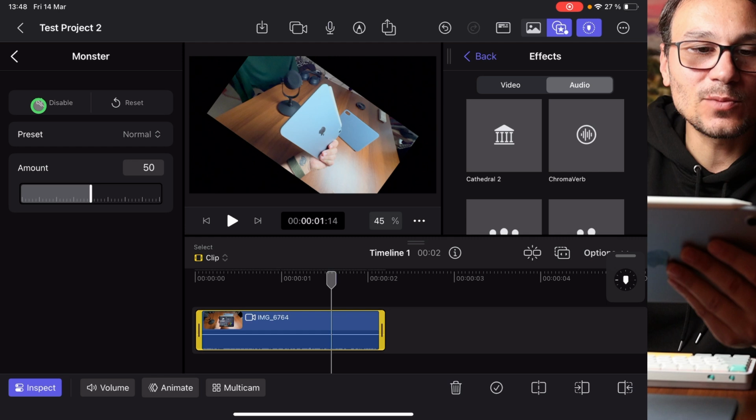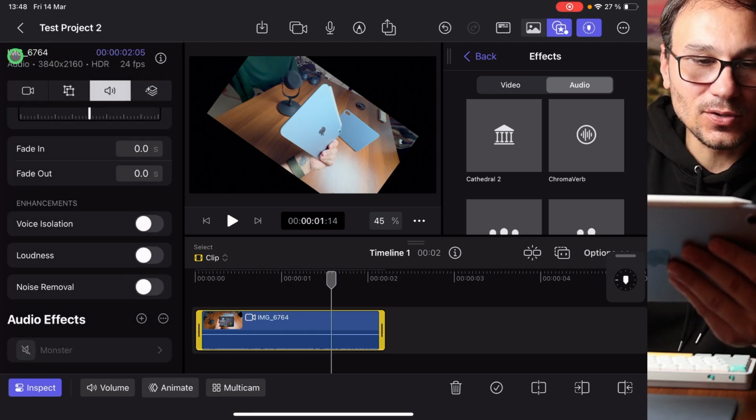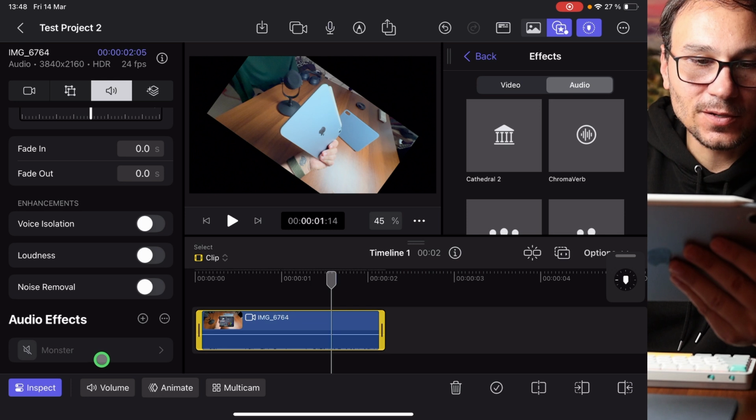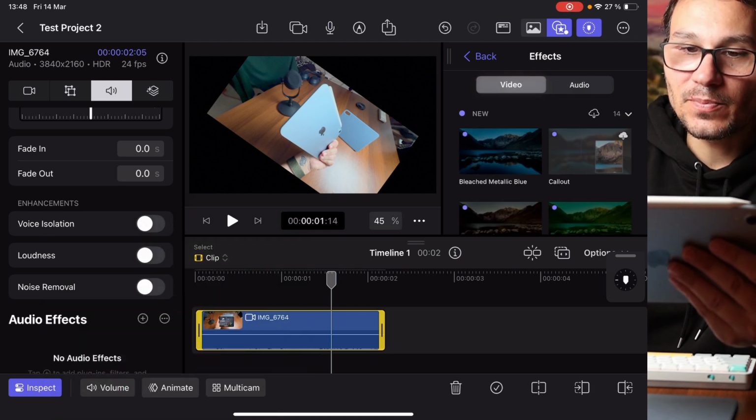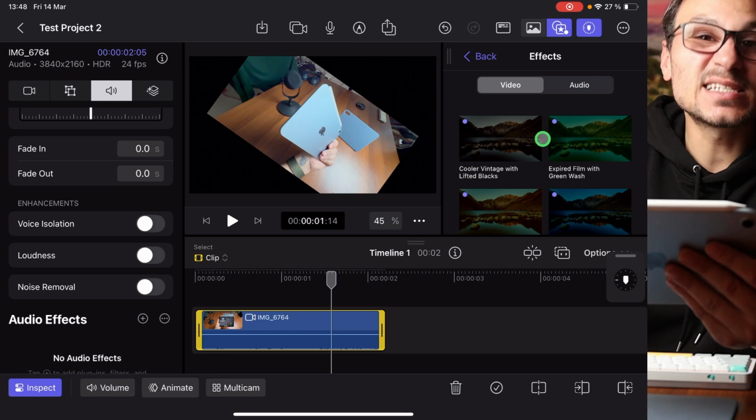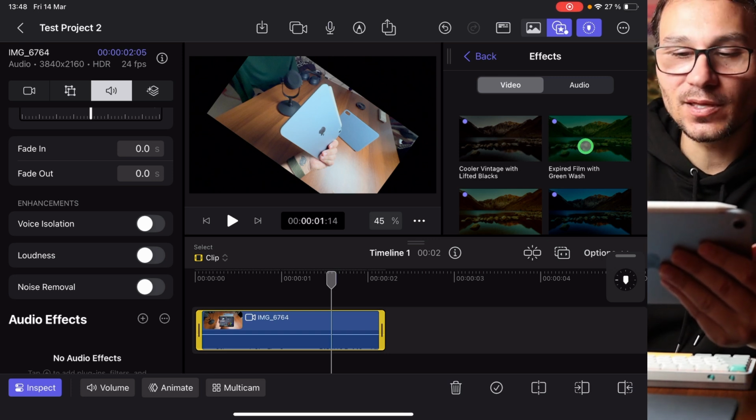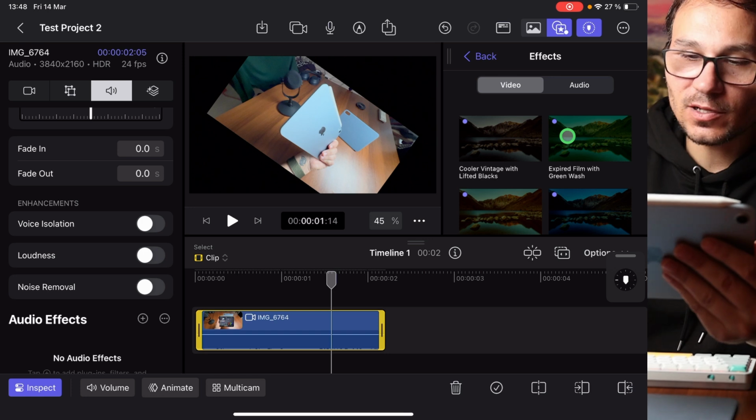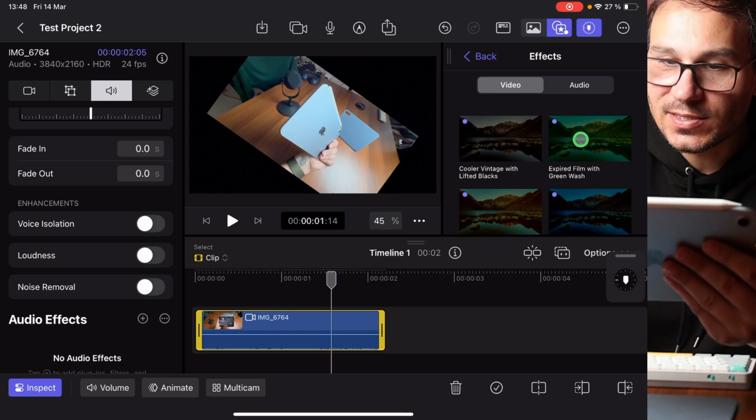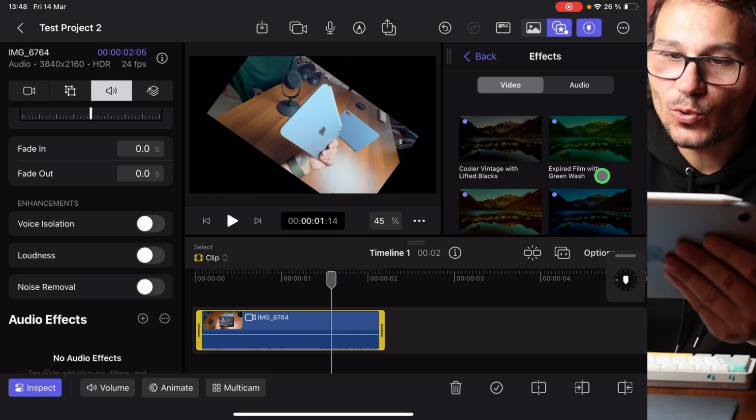If I don't want this anymore, I can disable it. I can reset all my parameters, or I can also come in here, right click on this one, and then say here, delete. If I use a video effect, that's coming back to video effects, how this works, this is a library, and every effect that you want, Final Cut Pro will download from the cloud. So for example, if I want to use this expired film with green wish,